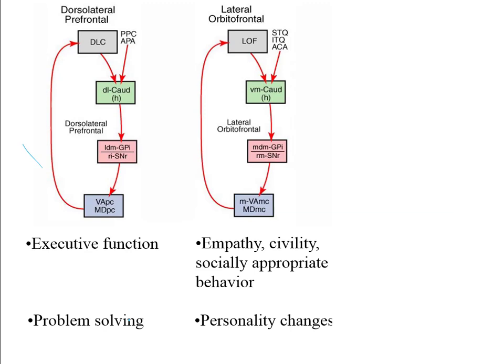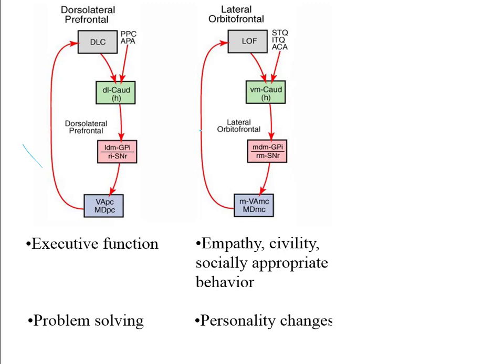We know that the orbitofrontal regions were much more about personality and civility, understanding context, socially appropriate behavior. Think back to the example of Phineas Gage. You know, he curses inappropriately, which he never did before. And that goes through a different part. But again, the same circuit of cortex, striatal, pallidal intermediates with the subthalamic, pallidal internal and reticulata outputs,